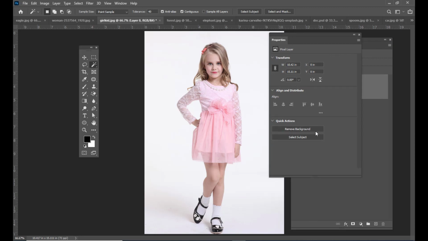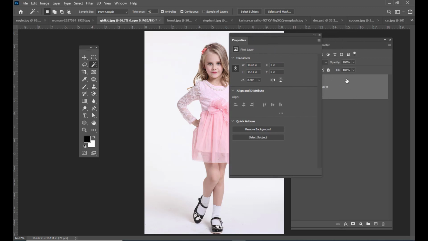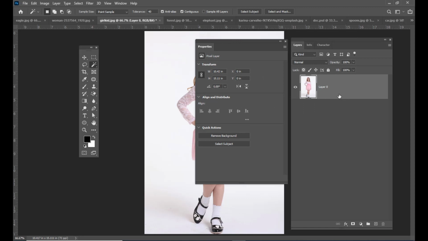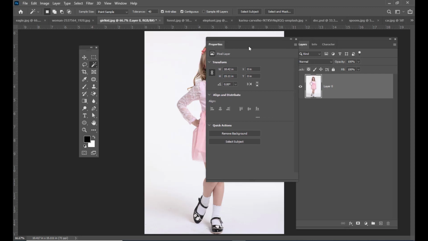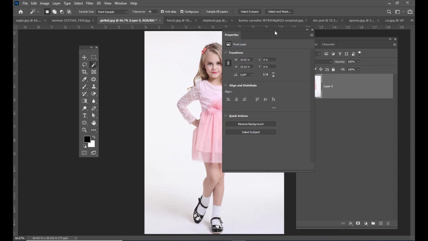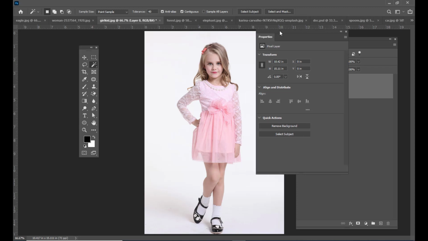remove background. This option will be active only if you unlock the background. If there is a lock and if there is a background layer, this option will not be available. So you have to unlock the background. Just double click on the layer, and the background will be unlocked. And now in Properties we can find this option, remove background. If you click on this remove background,